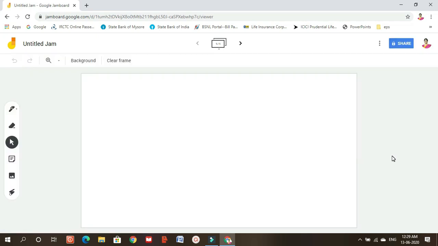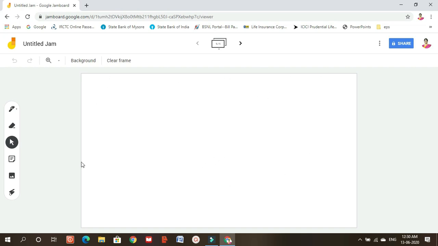So this is the new page of the Google Jamboard. Like any other Google application, this also comes with an untitled name. So first we will just explore what is seen here and then we go to understand each one of them. So this is the canvas, or the frame where we will be working.